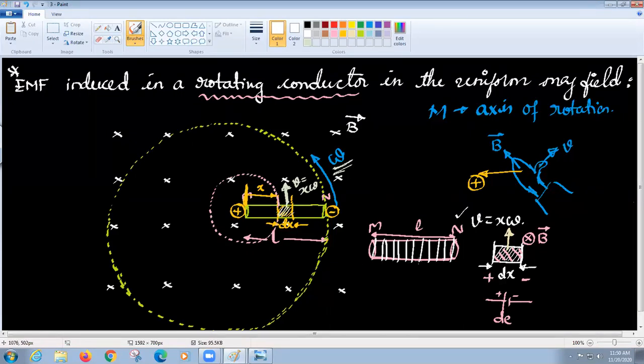That means every time I can take the velocity v. Linear speed will change, right? Yes, sir. Why? Because x is changing. But omega is omega only. All elements will rotate at the same angular speed, but linear speed must change because x is changing. This x is varying now. So everywhere I can take the corresponding v.